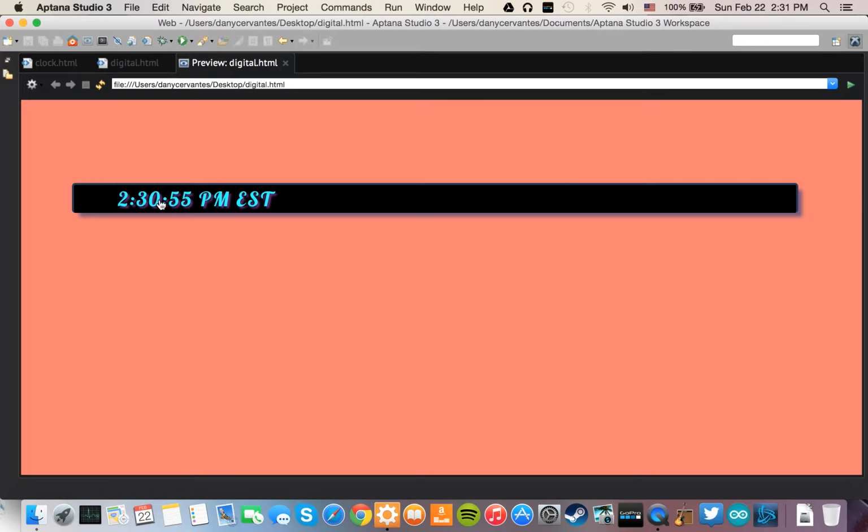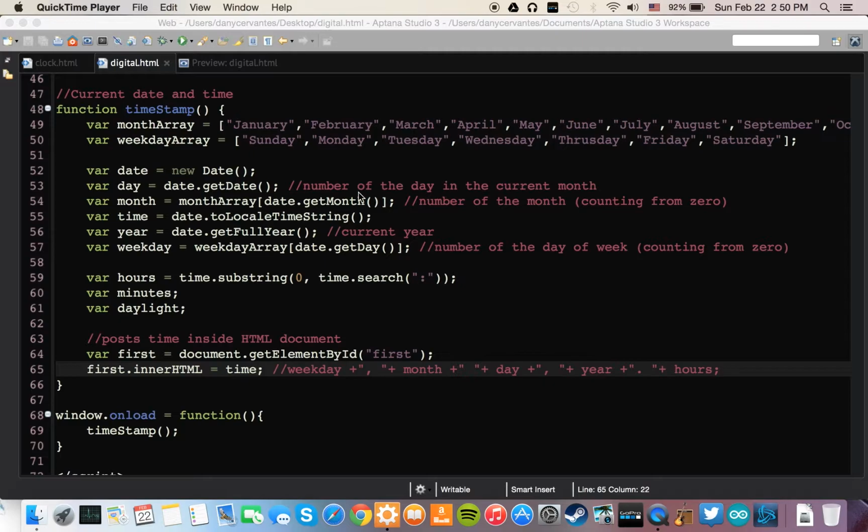So let's do that. I'm going to show you how to do that. To be able to edit the value of the variable time, which is date.toLocaleTimeString, I've declared 3 more variables. The first variable, hours, is defined as time.substring(0, time.search(":"));